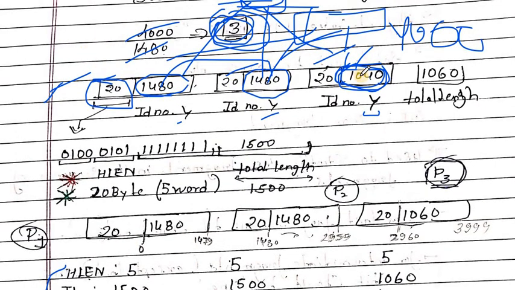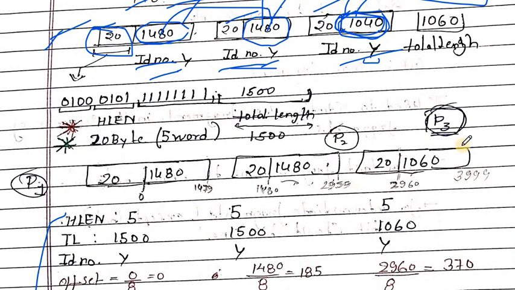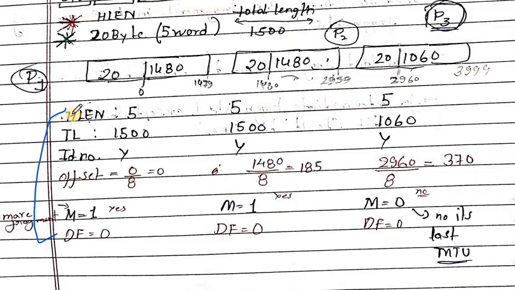Here the 3 packets have the same ID, because these 3 packets are sub-packets of one big packet. There is one big packet of 4000 bytes, and we divide this big packet into 3 sub-packets. So the ID of these 3 sub-packets is the same. Now we will fill the header values of each packet.